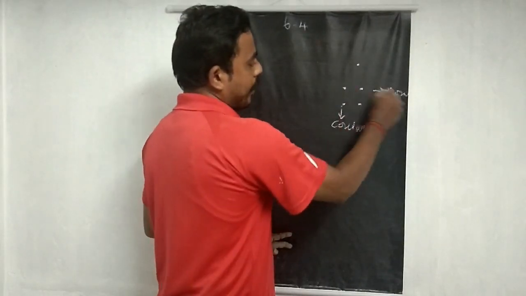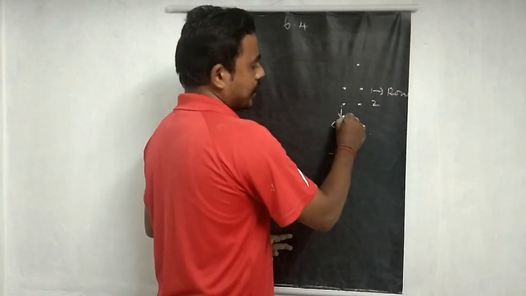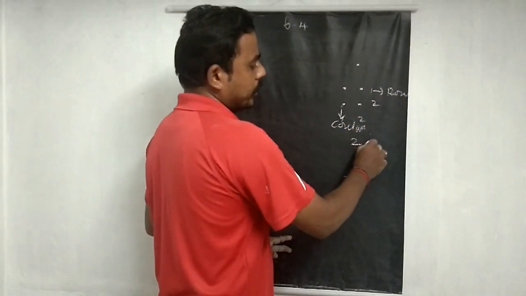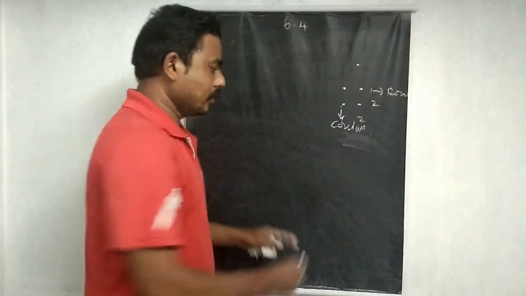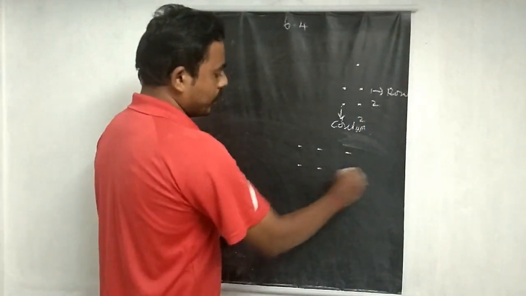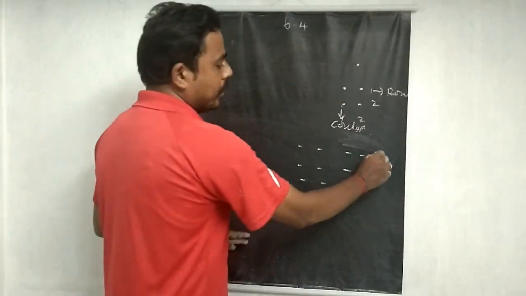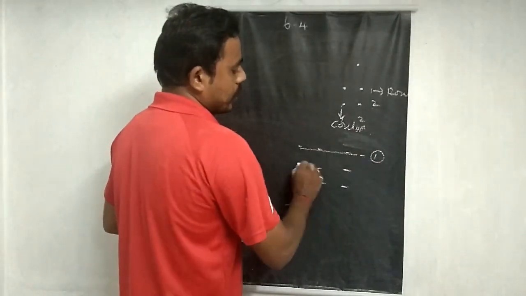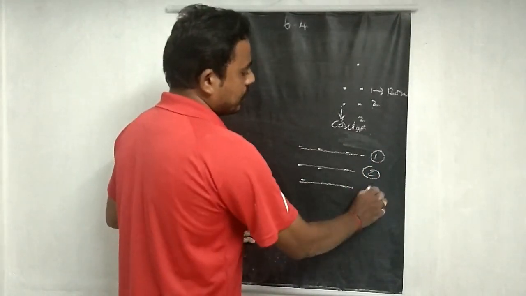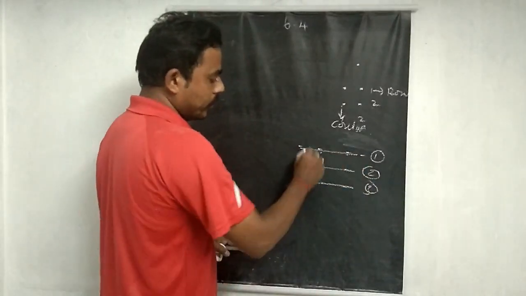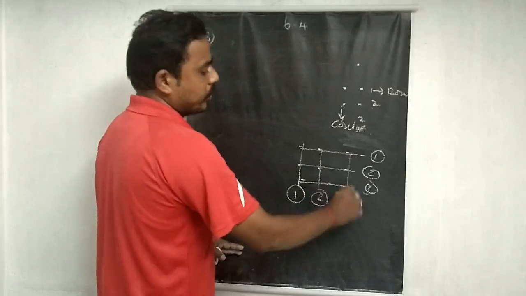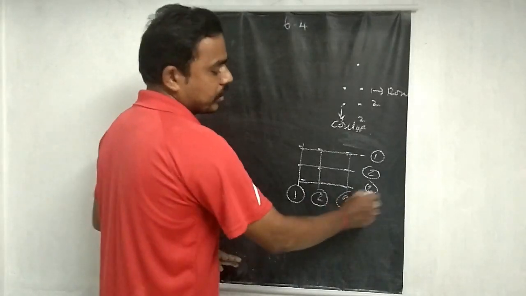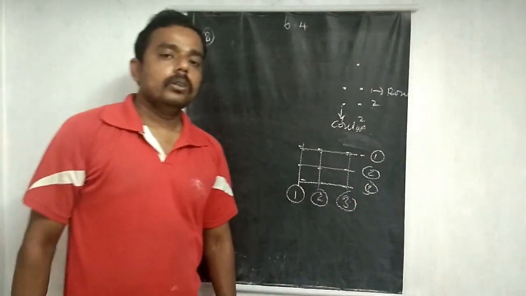So here, one row, first row, second row; first column, second column. So 2 into 2, that is, rows and columns are equal. Like that. Suppose 1, 2, 3, 1, 2, 3, 1, 2, 3. Here this is the first row, this is the second row, this is the third row. Number of columns: 1, 2, 3. So here, first column, second column, and this one is the third column. So 3 by 3, equal. Like that.